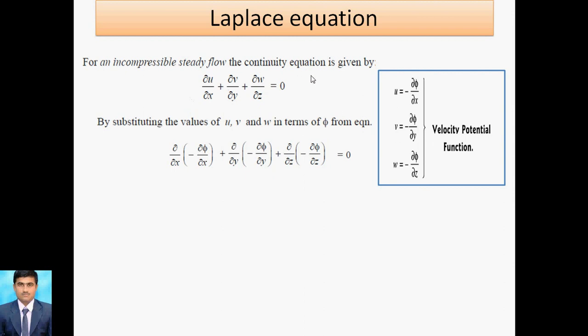So I can put the value of velocity potential motion in respective manner, that is u, v, w, and after solution the minus sign goes to the right-hand side, so only dou 2 phi by dou x square plus dou 2 phi by dou y square plus dou 2 phi by dou z square remains, equal to 0. So that equation is called the Laplace equation. This is a simple equation. We only have to consider the continuity equation and put in the value of the potential function, and after putting this value, if you solve it, that equation is called the Laplace equation.